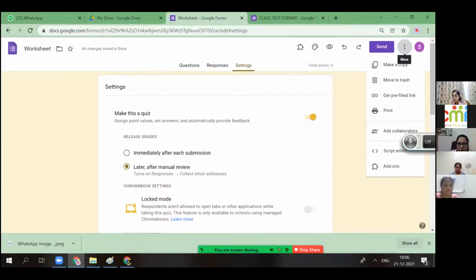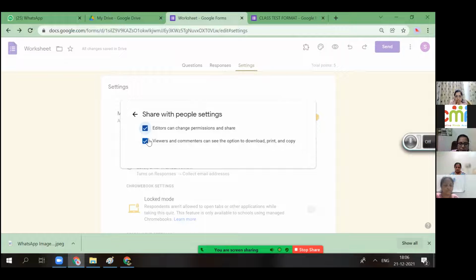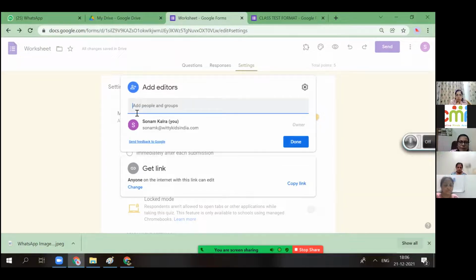So I have given the permission for both the things. I'll just check it quickly. Editors can change permission and share. So this you need to uncheck. See the option to download. So it has the settings wherein you can change that also.